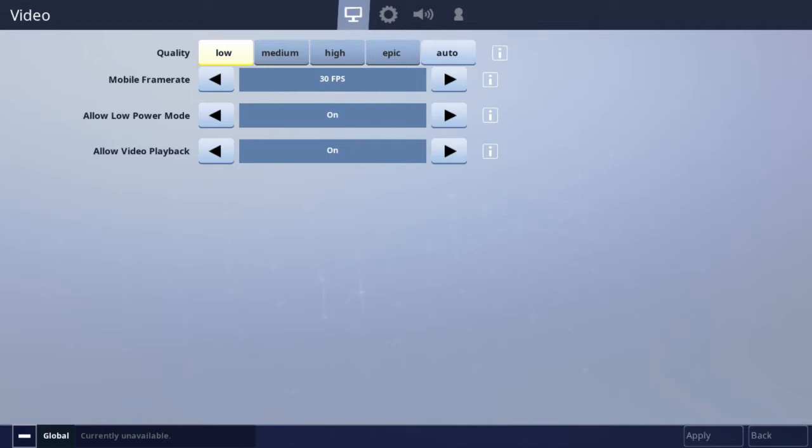Now you're probably wondering, why on earth would I do that? Well, there's a simple reason, and we're going to tell you why now. By changing to 30 FPS, you don't see such a great difference when the frames drop if you were to have a lag spike or something like that. So for example, say you were having good FPS and all of a sudden you walk into Tilted Towers, and then normally your ping would be like,